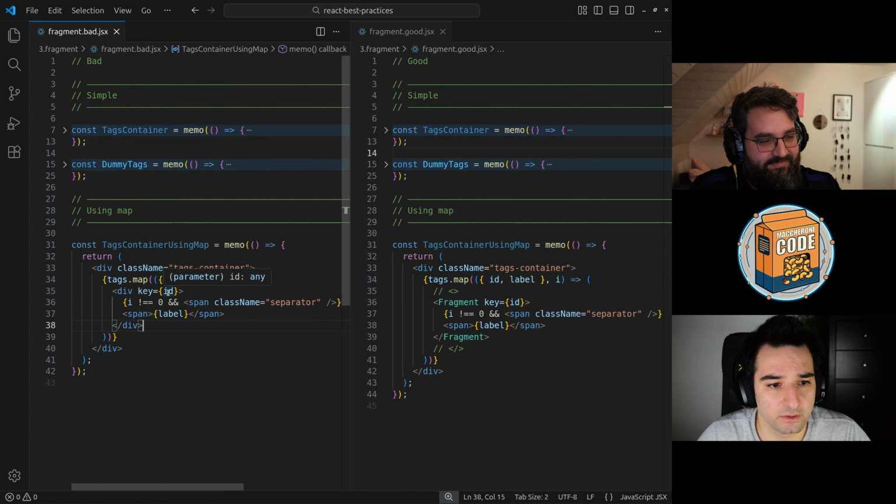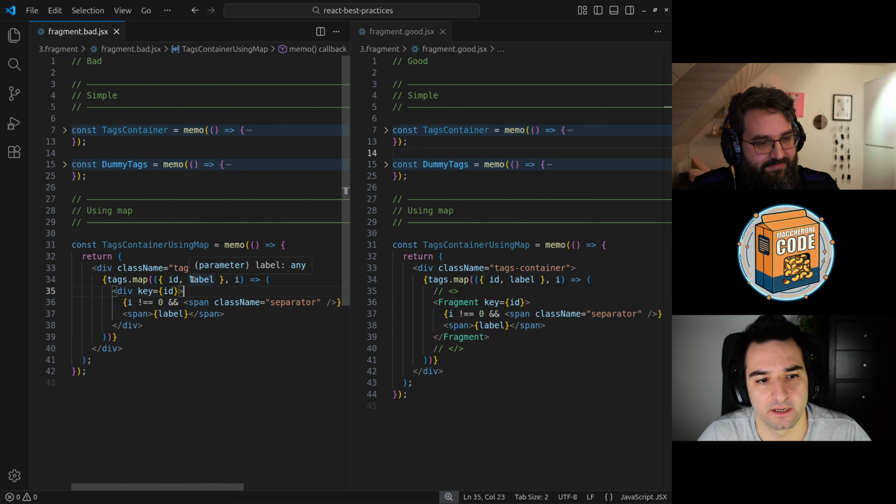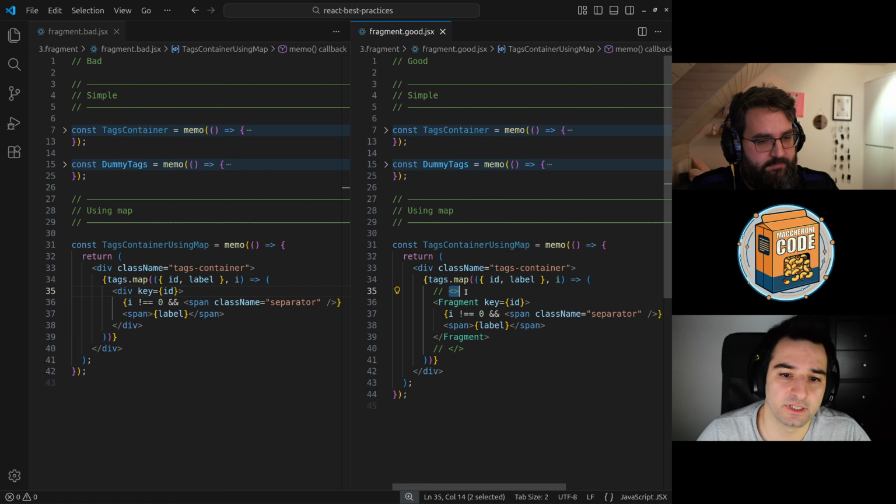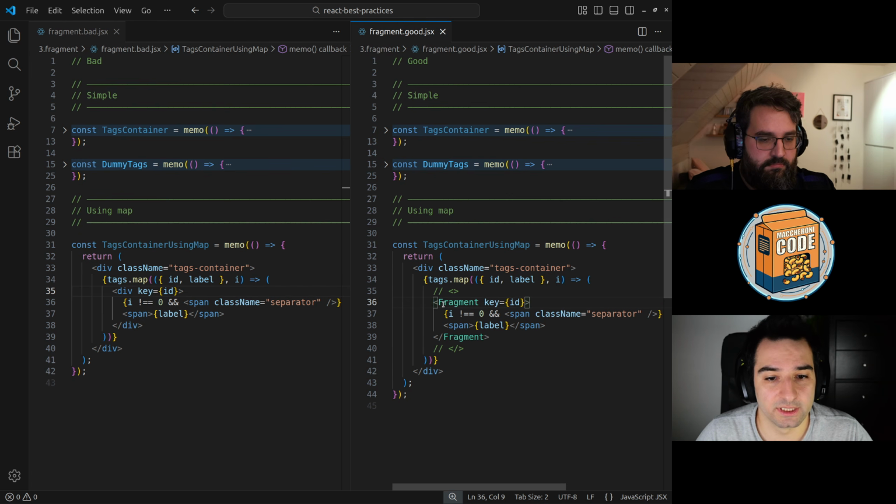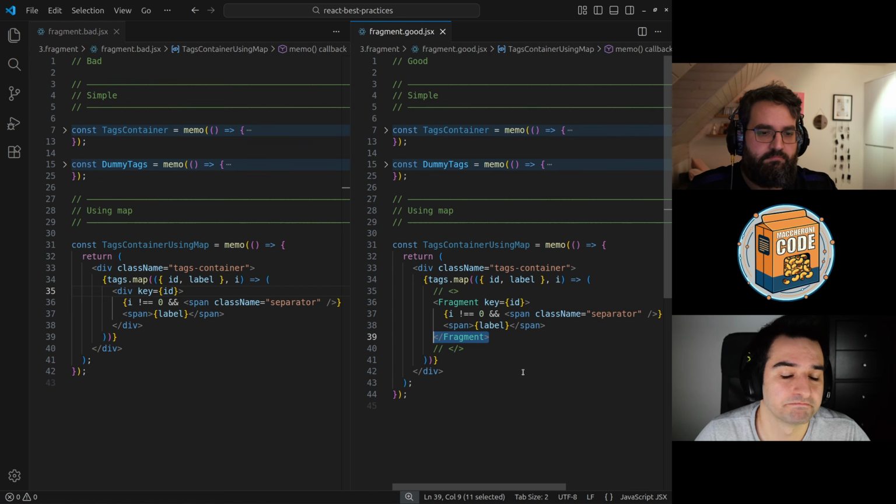And when you assign a key, don't assign the index of the array, never. If you can, always try to assign a real unique ID, because you can create a mess otherwise. But this is not the point. The point is that the shorthand Fragment version doesn't have the option to pass the key prop. So the way is to use Fragment in its full way. Here it is. So, Fragments.